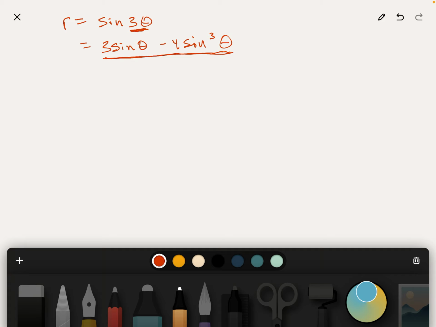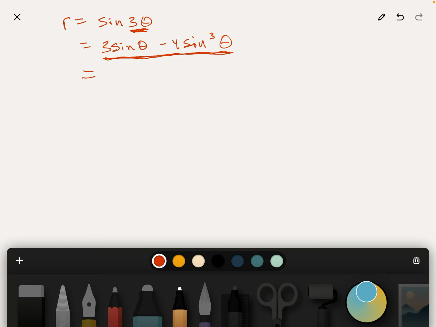I guess you could use the double angle rule twice somehow, but that would be very messy. But anyway, that's an interesting question. What if it was sine 4 theta? I'd have to think about that. But anyway, we can use the triple angle rule. It's not going to be pretty, but